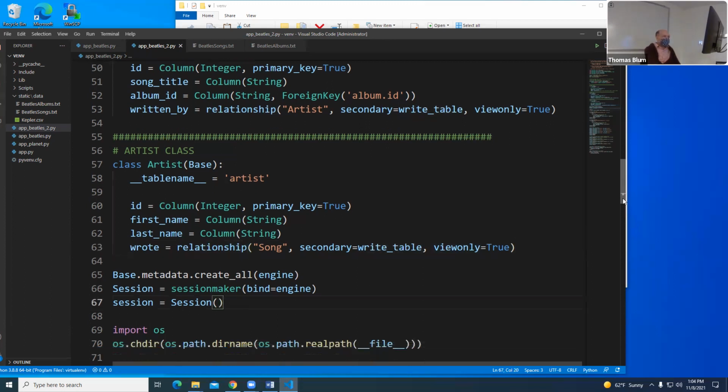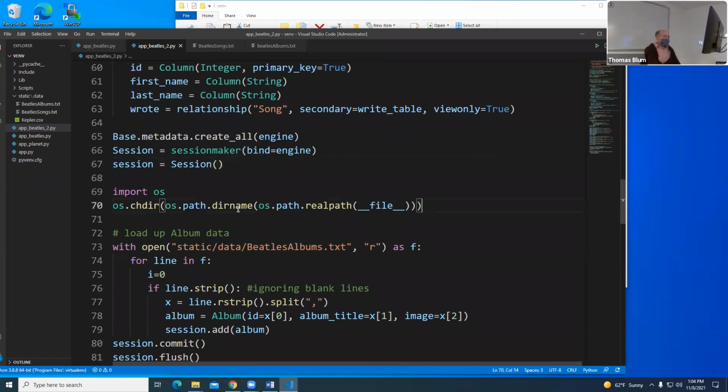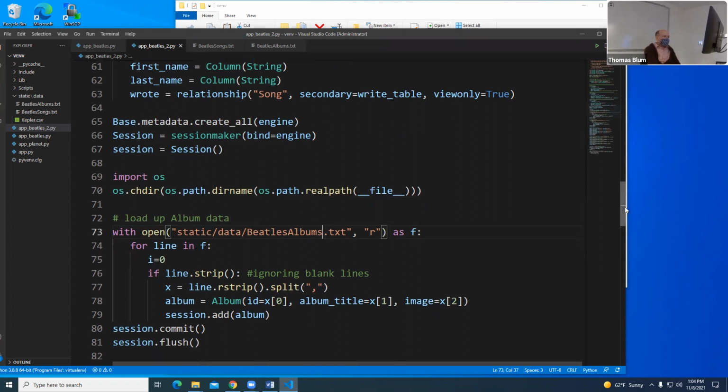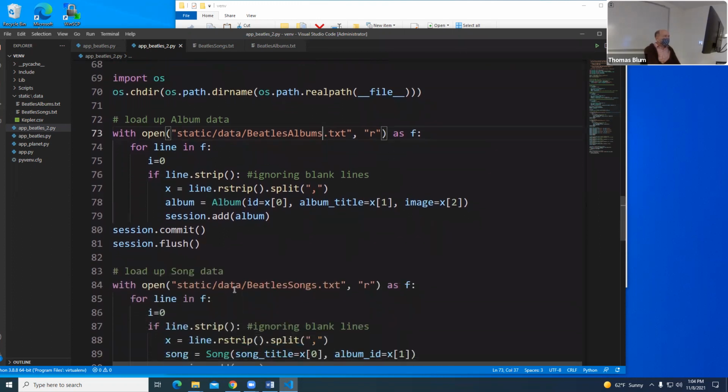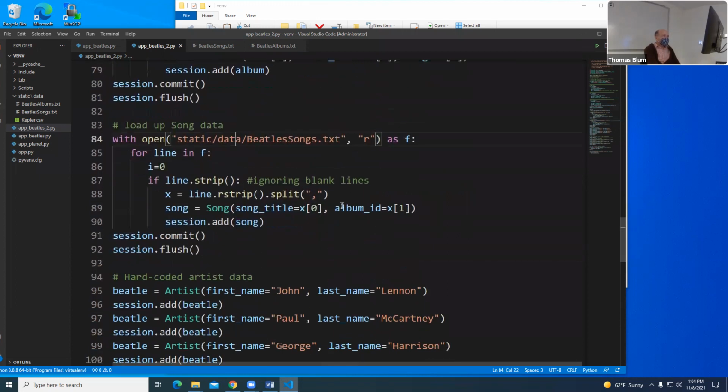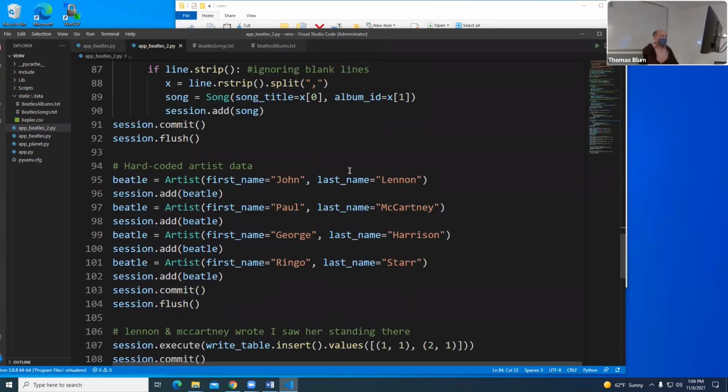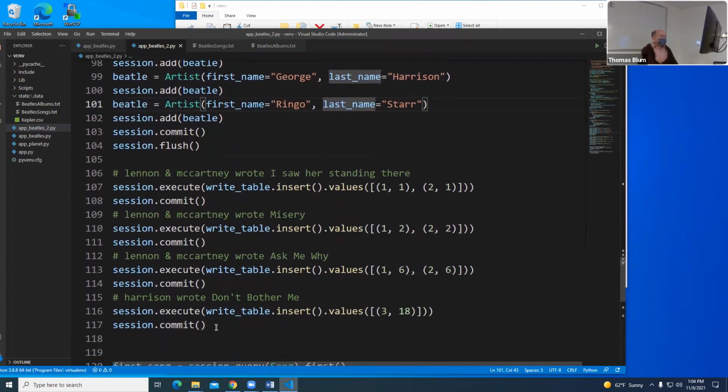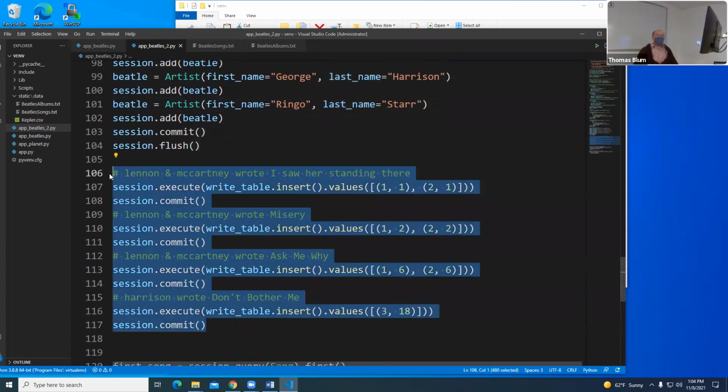I start a session. I do my file thing. I make the albums from the Beatles albums text file. I'm making my songs from the songs table, committing, flushing, okay. And now this is hard coded. I'm making the Beatles: John Lennon, Paul McCartney, George Harrison, Ringo Starr. And now here is me hard coding some of those right table